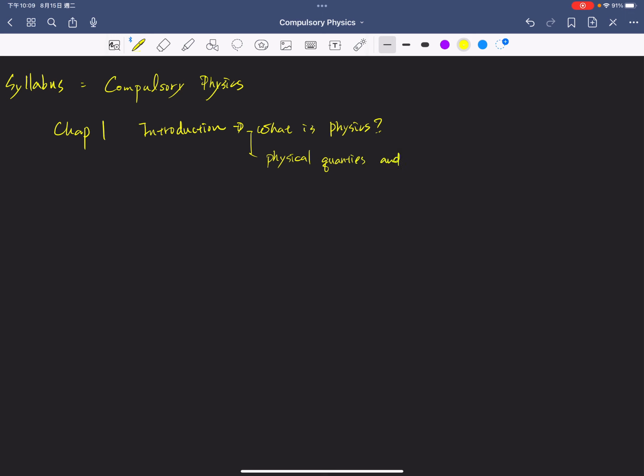and units. As a scientist, if you want to share something you already know with others who are foreign and don't know your language, you must have a common language. I often say that the common language is the physical quantity and the units. So chapter 1 is just an introduction to physics in high school, compulsory physics. Okay, so chapter 2, we're talking about